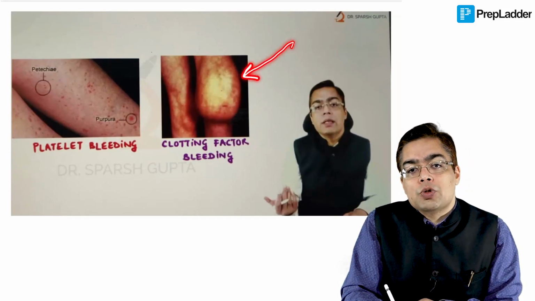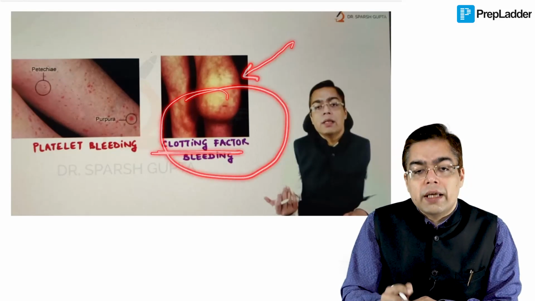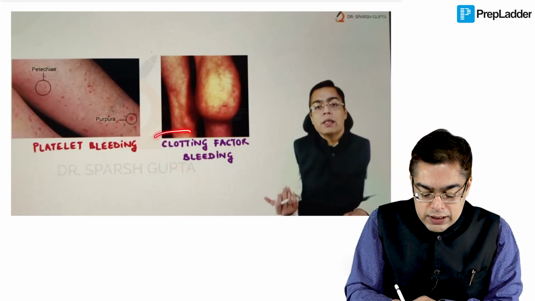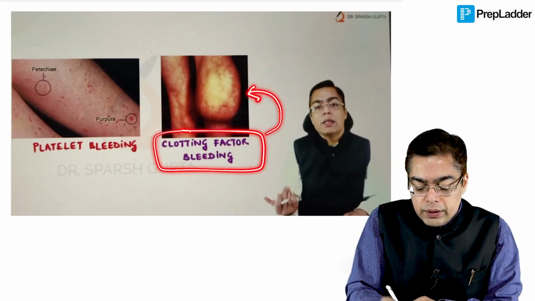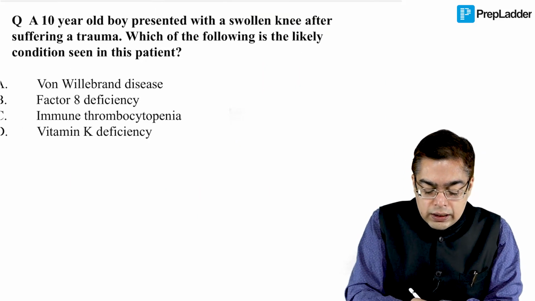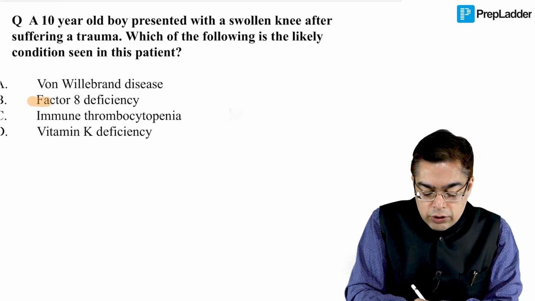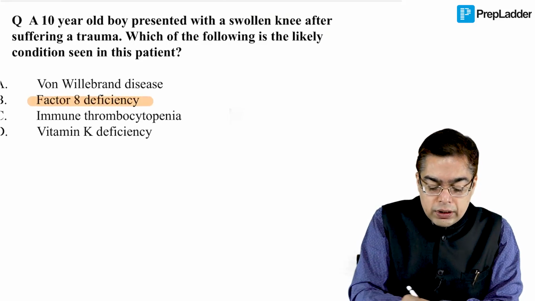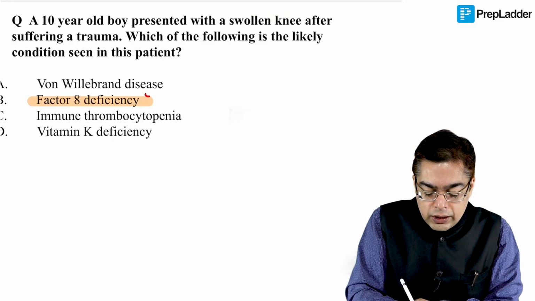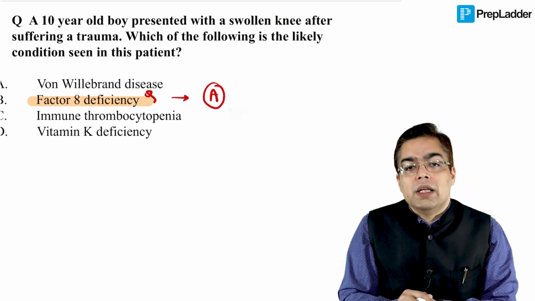Why is that important for us to keep in mind? Because this is highly suggestive of the patient suffering from a clotting factor deficiency. Having said that, if this particular fact would have been understood by you, then the question becomes very, very easy. Which of the following is a likely condition in the patient? The only example of a clotting factor deficiency that he has given over here as the commonest clotting factor deficiency happens to be the factor 8 deficiency. So we understand the fact this is associated with something like hemophilia A.